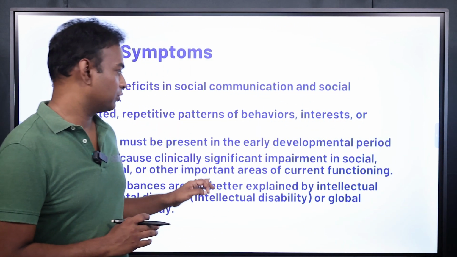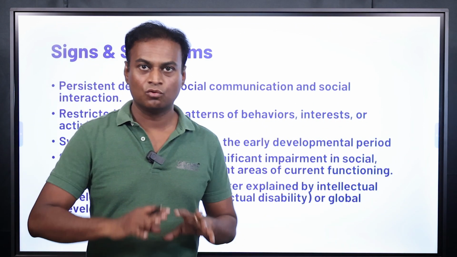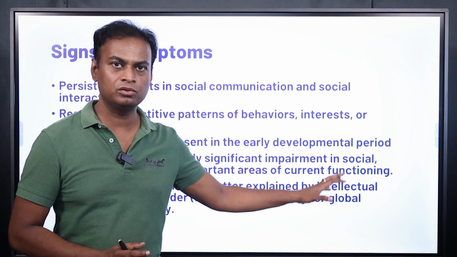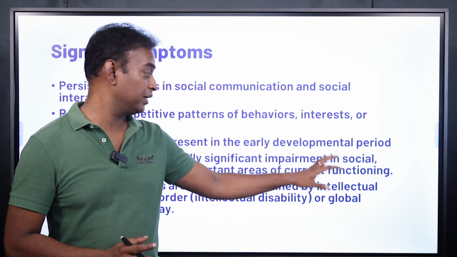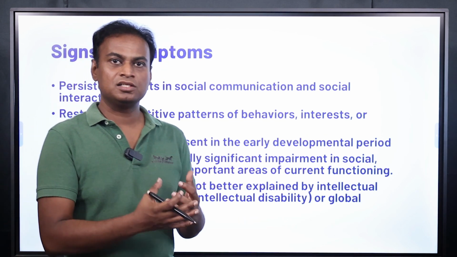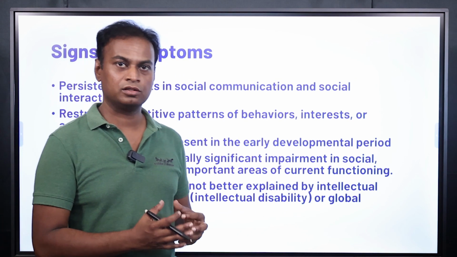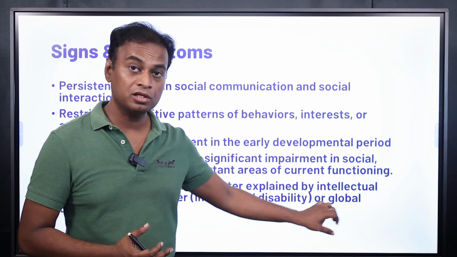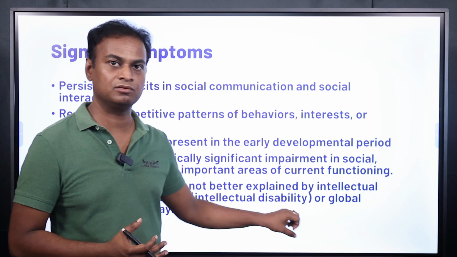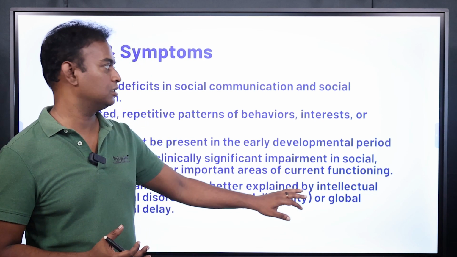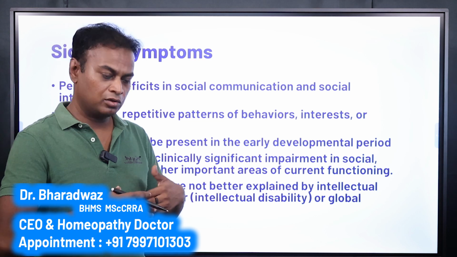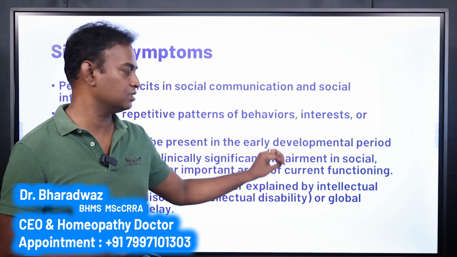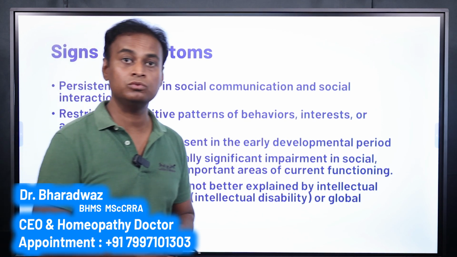Next one is, one more important term they have mentioned, current functioning. Whatever you are doing currently as a kid, whatever you have to do, but you are not able to survive as a kid independently, or as a teacher you have to teach, right? As a student you have to learn. Whatever current functioning you are in, if you have difficulties in doing that function, then only it is considered autism. And if you are able to do everything you have to do at that particular age in that particular context, even though you have symptoms, it will not amount to autism.